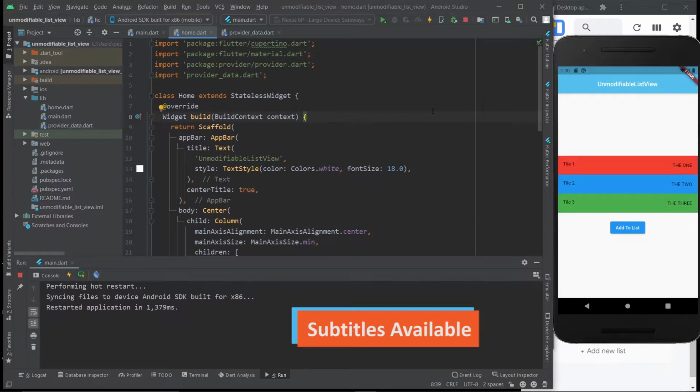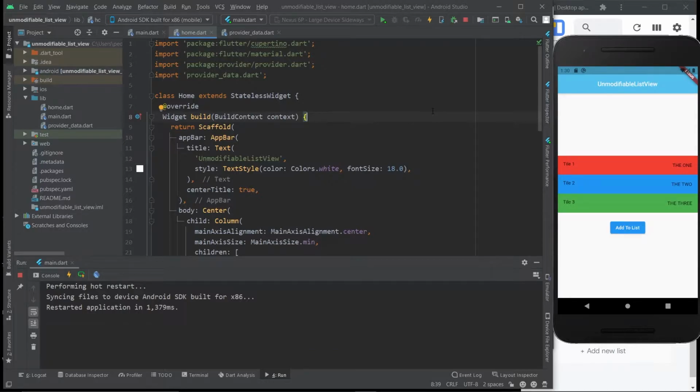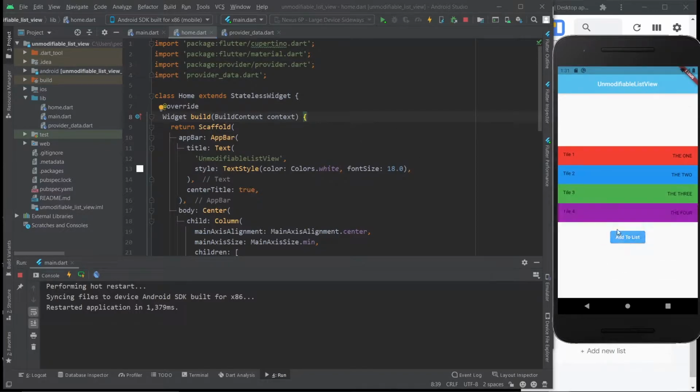I'm going to be focusing on a very specific detail related to good code practices that have the aim to minimize your errors as a programmer. Essentially, we're using the provider package. We have a list right here, and we're accessing that list through a different page. And when we hit this button, we wanted to add another element to the list. And I'm going to explain what is the best way to do that, the best practice. It's a very small detail, but it just might help you in the future. So just stick around and learn.